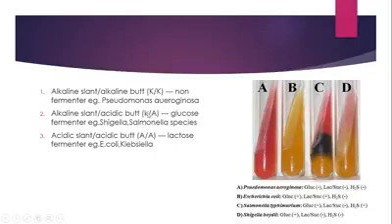Now the third one is, if you see that the slant is red, it means alkaline slant. Alkaline slant we denote as K, that means alkaline. And the butt is yellow, that means acidic. So the butt is acidic, that means A, and only glucose is fermented. As we know, the yellow in the butt only indicates that the glucose is fermented. So that is Salmonella and Shigella species, as you can see here in both of these cases.